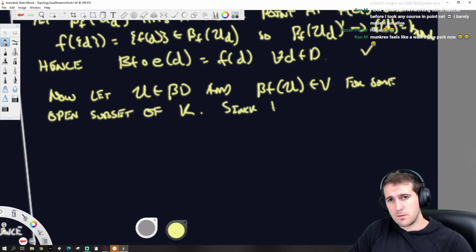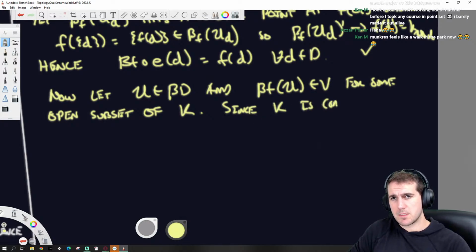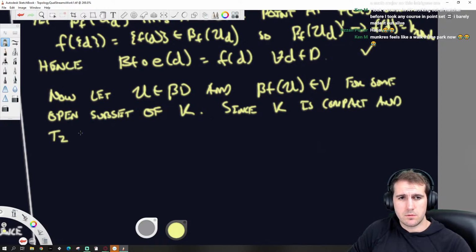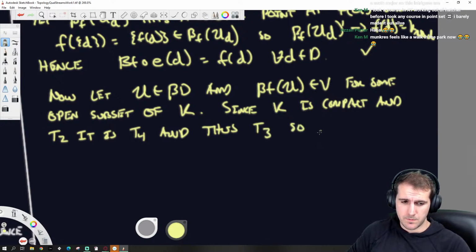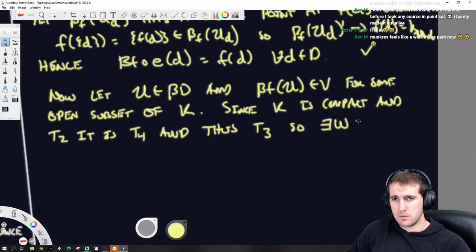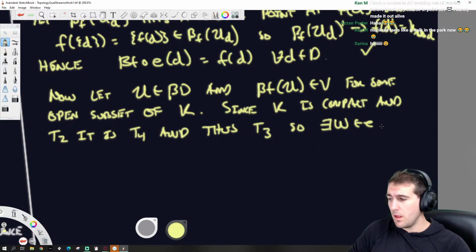Since K is compact and T2, it is T4 and thus T3.